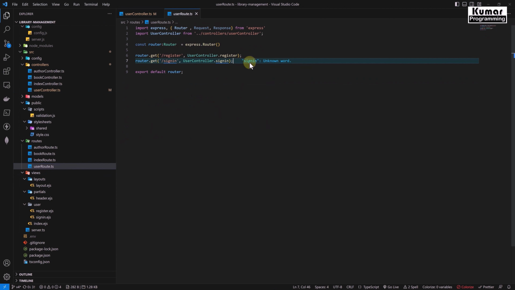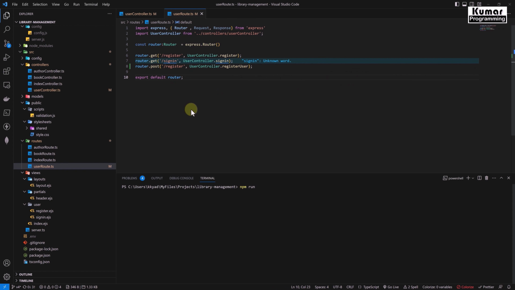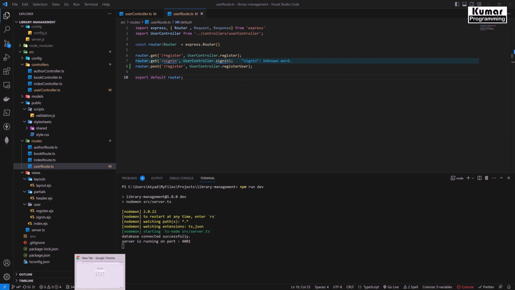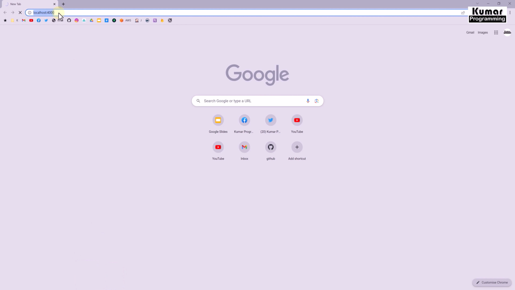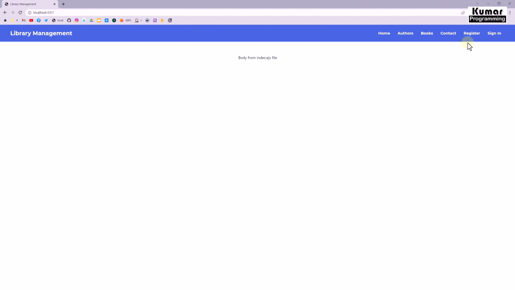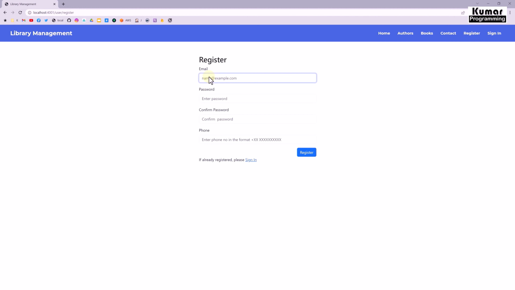So here let's add this method as register user, and here we will give the register route, but this time it would be for the post method. So post. Now let's run this application, npm run dev. Now our server is running. Now let's see, localhost 4001, and here we'll go to the register, and here we will register as